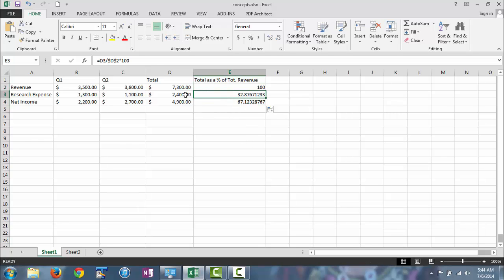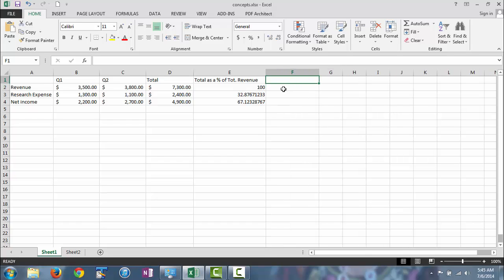Here, it computes D3 divided by D2. Let's look at what would have happened if we had done this instead. Just put a dollar sign in front of 2. This should hold the row constant, and the column variable. Now if you drag it down,